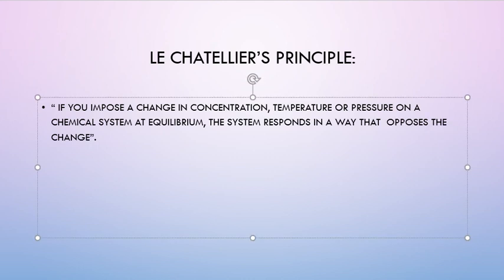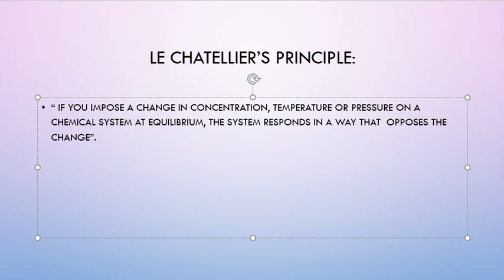What does it mean? As you know, there are various reactions that do not go to completion. Such reactions are very economical for the large scale production of various chemicals. So science has progressed and is able to deal with such reversible reactions and to get the maximum amount of products from them. For that purpose, an important principle is stated, which says if you impose a change in concentration.